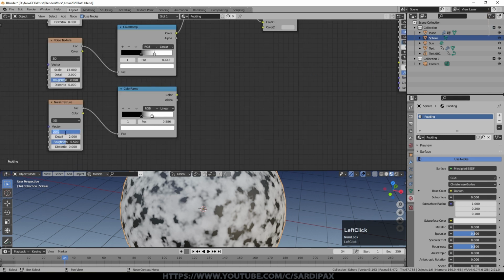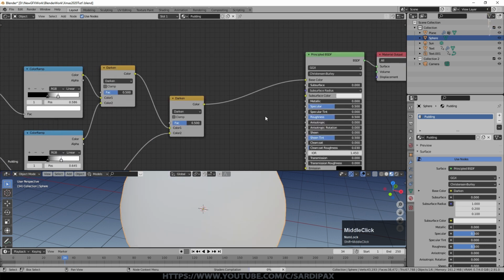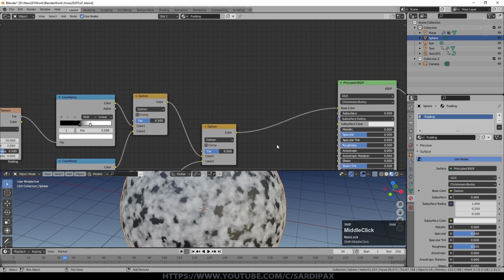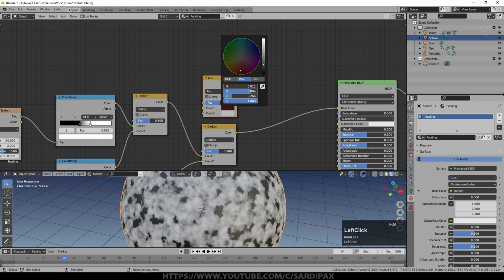This one I set a scale of 36, and I put the white end quite a long way up and the color input to there. So we've got this complicated pattern now. So I'm going to duplicate this one and put it there and change this to a mix node. I'm going to have a fairly dark brown on one side and a slightly redder, lighter brown on the other, and feed the output of this one into the factor on that one.